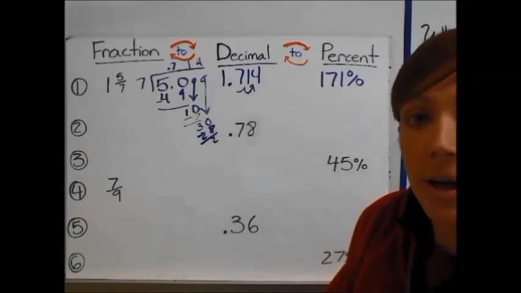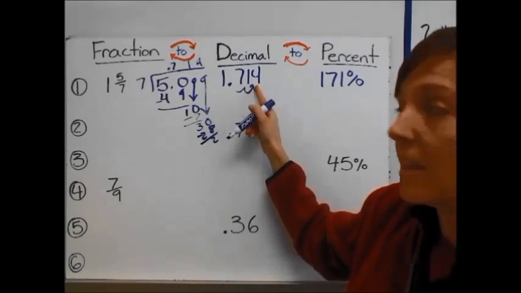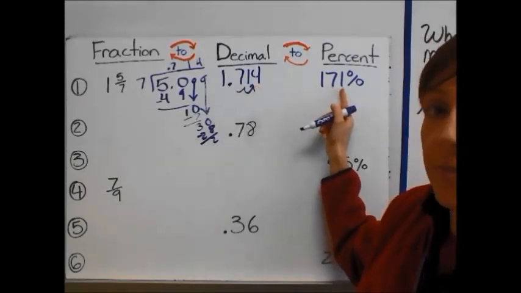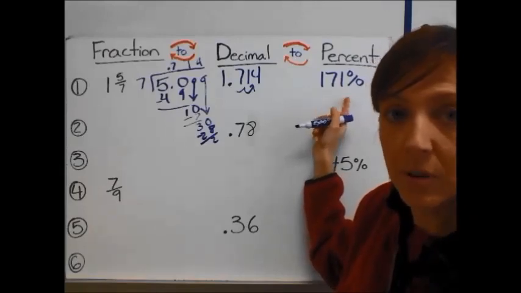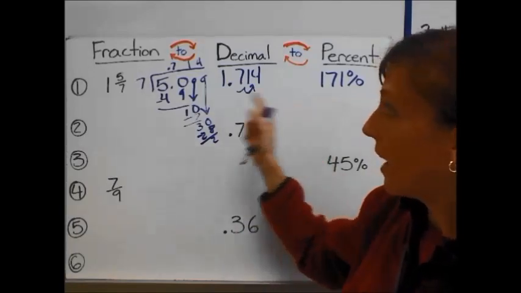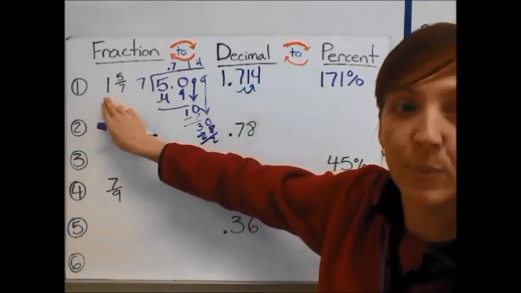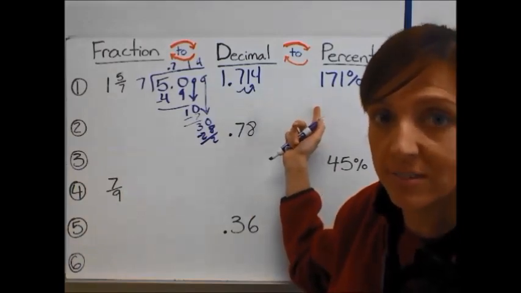When I do, my new place for my decimal is going to be between the 1 and the 4. And so I get 171 in front of the decimal, and I just put the percent sign where the decimal would be. So 171%. 171% of is 1 and 5/7. Since we have 1 whole, that's why our percent is over 100. Let's